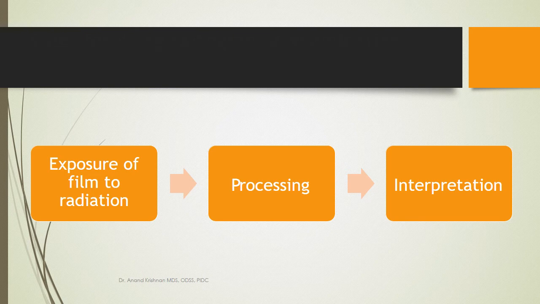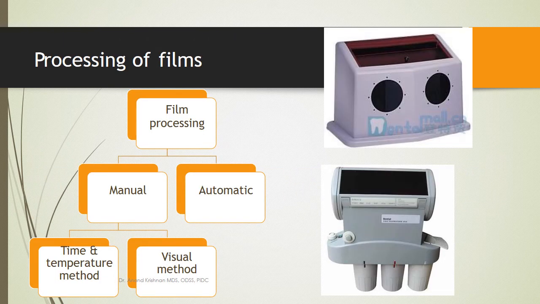So this invisible image that is present in the film in this latency period is called the latent image, which we discussed in our previous lecture. So again, from exposure of the film till processing, you have the latent image. Then you subject this film to processing, because you want to bring out this invisible image as a visible image on the film.